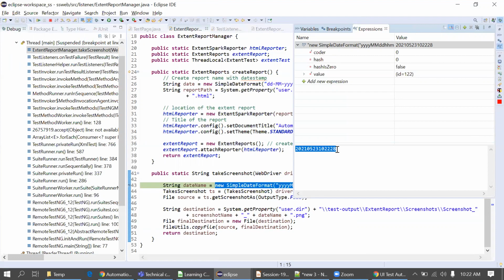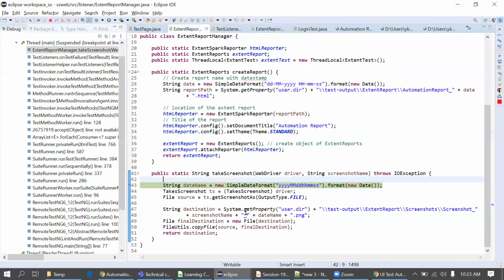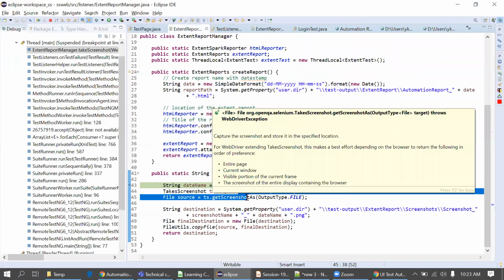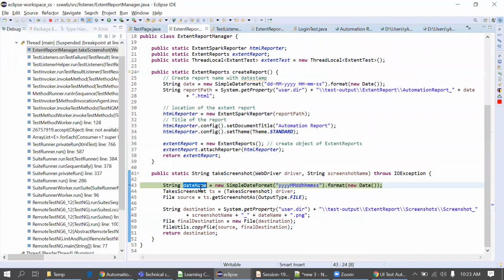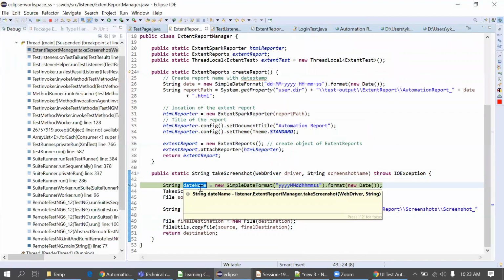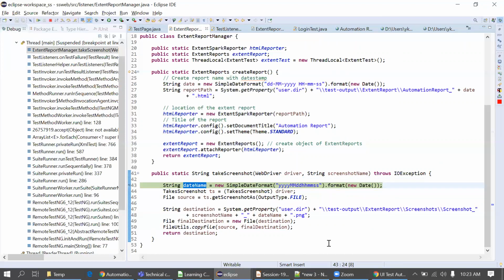Yes, sir. So that name is a variable that stores the date of that screenshot. Then we use the screenshot name. Here we are taking the actual screenshot, but to make the screenshot unique, we are using this date name. Plus date name gives the date of the screenshot value taken. Then it's format .png. Yes, right. So here it has simply taken the date. Now it will take a screenshot.